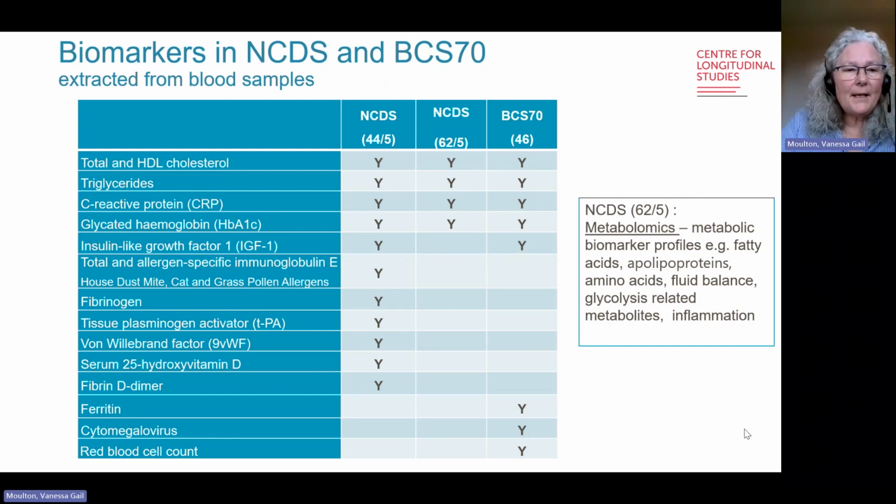In midlife in the NCDS, antibodies, allergens, coagulates, and proteins and diseases related to blood clotting and vitamin D have been extracted, while in the BCS 70 at age 46, protein storage of iron and cytomegalovirus, excuse me if I'm pronouncing that incorrectly, as well as red blood cell count. At age 62.5, which is the new sweep in the NCDS, the bloods will be used to extract a metabolic snapshot of the cohort's biomarkers, such as a range of fatty acid ratios, apolipoproteins, amino acids, sugars, fluid balance, and an inflammation measure,